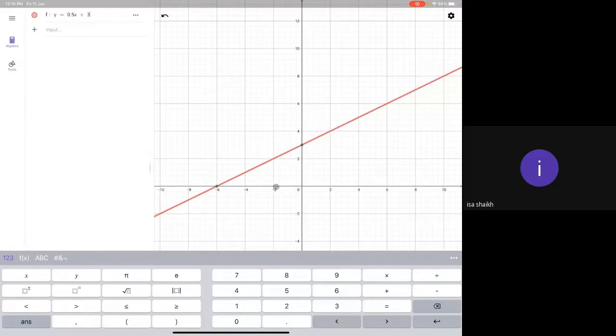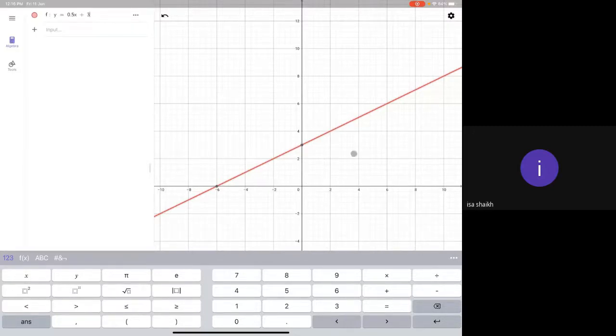0.5. Slope has decreased. If slope has decreased, the inclination will decrease, right? Yes, sir. So if I keep on increasing the slope, inclination will keep on increasing. If slope becomes almost infinity, it will be an almost vertical straight line. If slope is 0, it will be horizontal. Clear? Now here, in this equation, no matter which value of x you take, for every value of x, slope